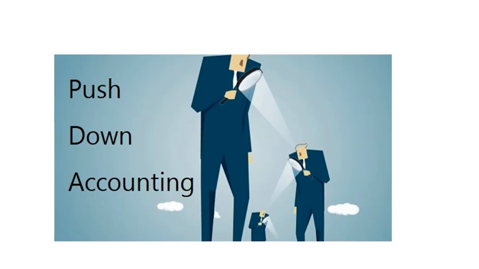In this video, we want to cover the short but important topic of push-down accounting. This is covered in your textbook in Appendix B of Chapter 2. In earlier editions of the book, it was a regular part of Chapter 3. I'm somewhat bewildered why the authors would move it to an appendix and put it at the end of Chapter